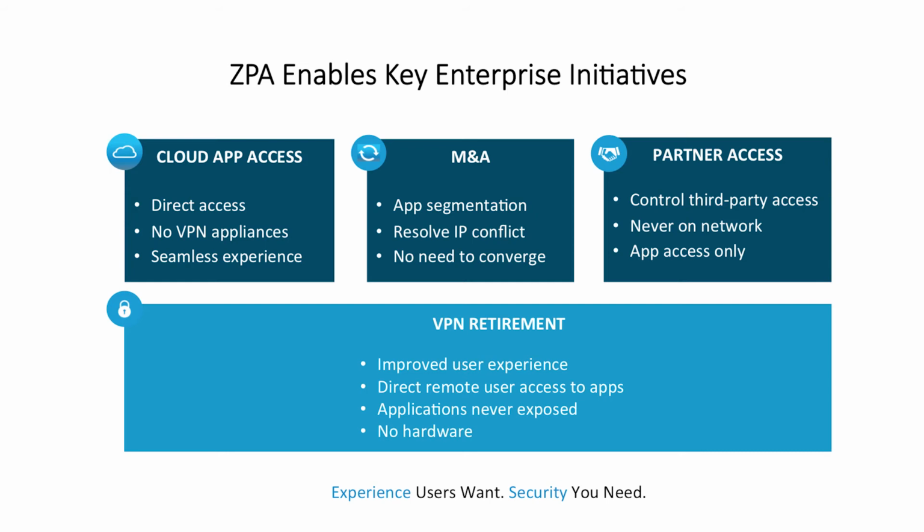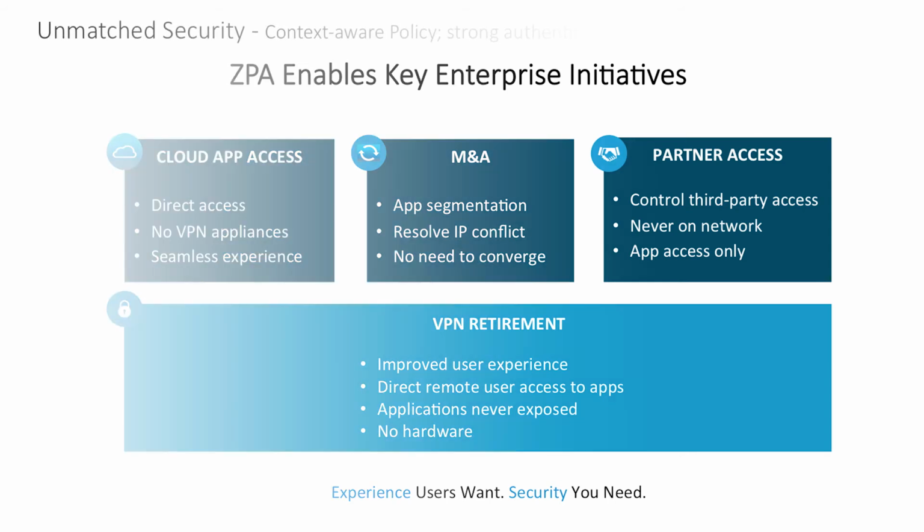Traditionally with VPNs, the key scalability challenge comes in terms of the hardware or VMs that you need to deploy, where you need to scale the capacity based on the number of concurrent connections. Since the Zscaler service runs as a fully cloud-managed service, our customers really don't need to worry about how many connections they need to establish and how much load it will add. We manage that for our customers. So we enable the experience that users want, based on the security that you want to set up for your users